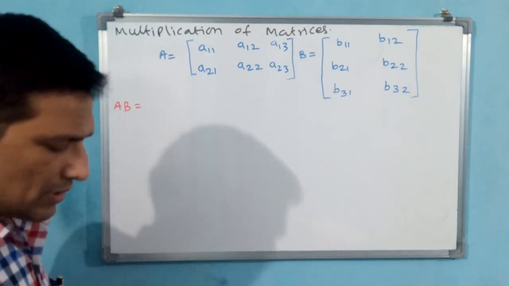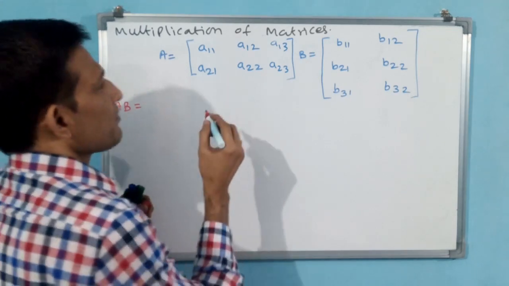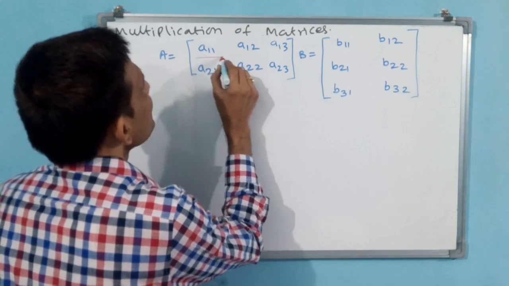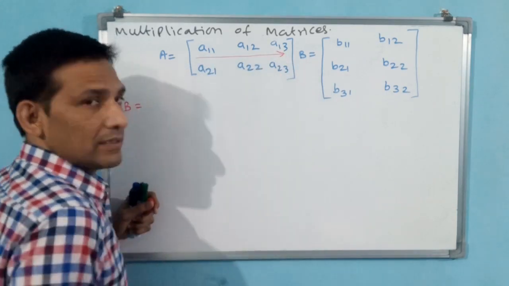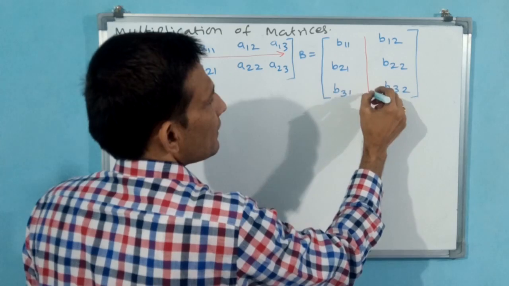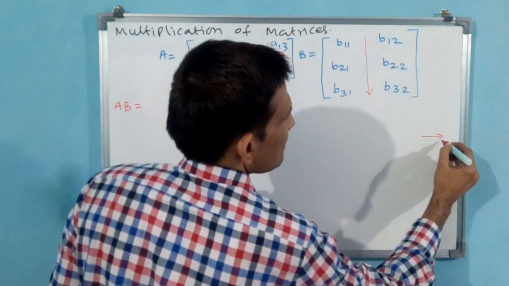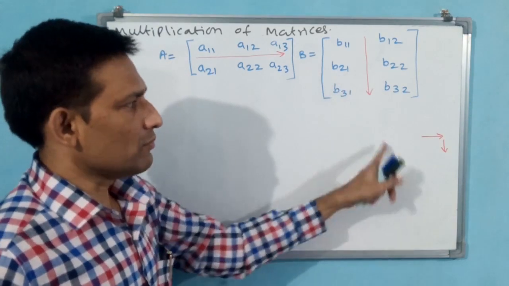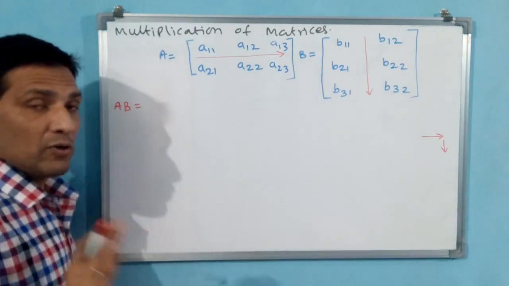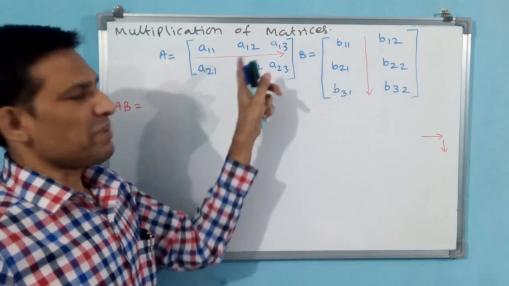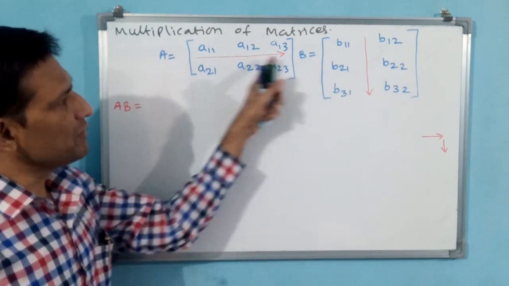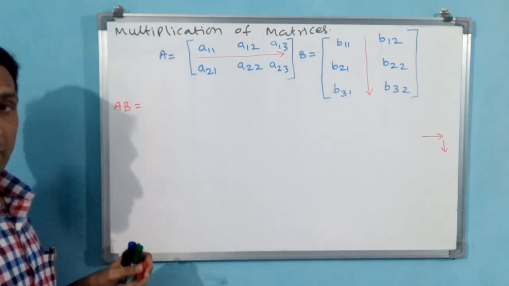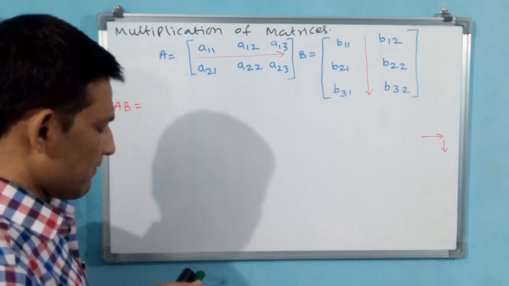AB is equal to, see how I perform this operation. You see, you take an arrow like this. That means left to right, top to bottom, left to right, top to bottom. This symbol you have to take with a pencil or whatever you may want. Even if you take it with a pen lightly, the examiner doesn't bother. But you have to take it in your answer sheet, or else you are not able to do this operation.